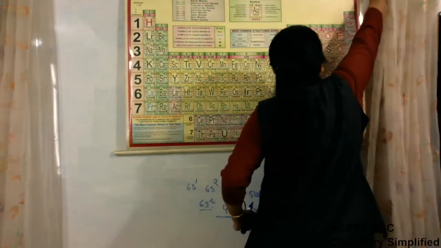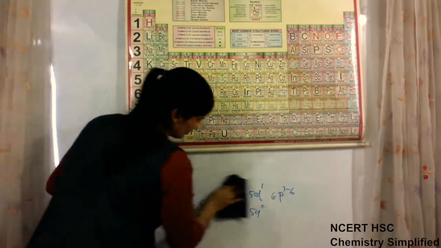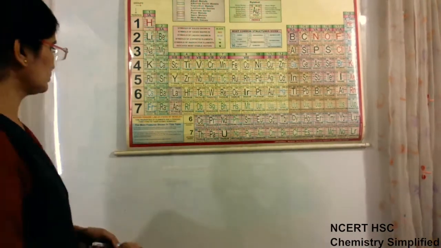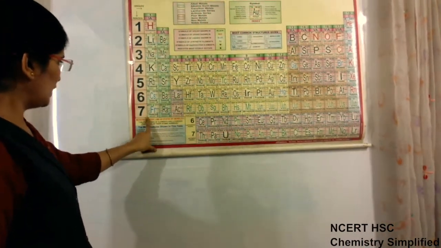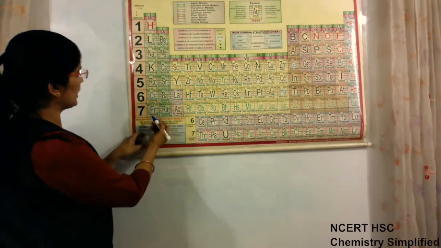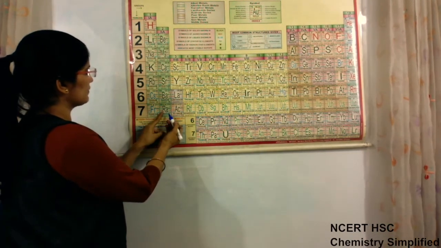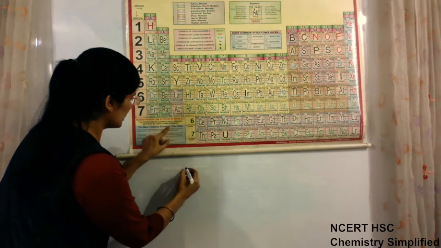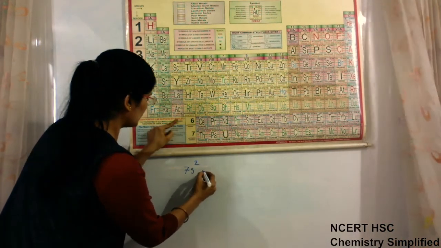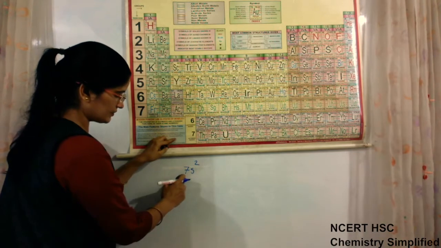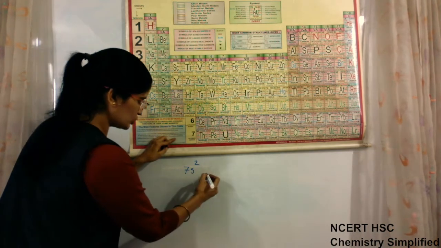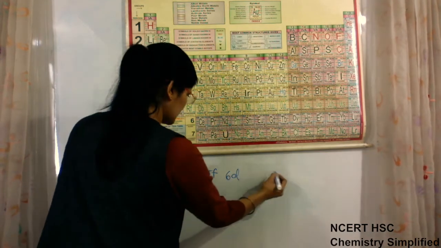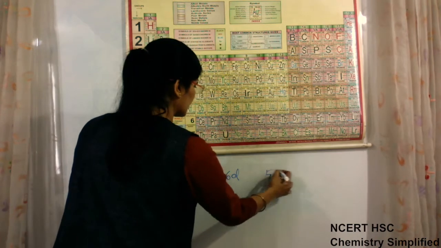Okay, now we come to period number 7. In period number 7, if we see, the same thing will happen. This is 7s1, this is 7s2. Now actinium is part of the D block, so it will be 7s2. Then what should be the F in this case? When it is 7s, it should be 5f and 6d, and then 7p will be filled later.